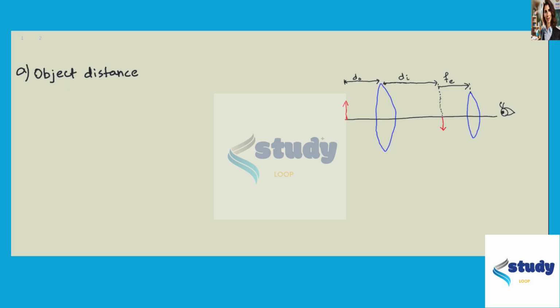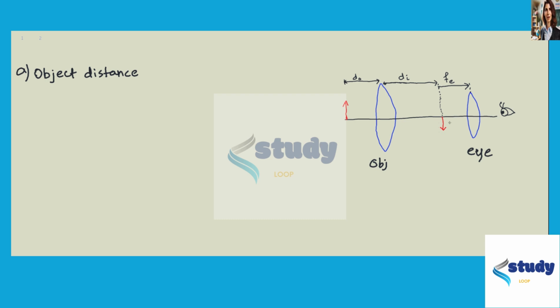Okay, so for a relaxed eye, we will consider that our final image is at infinity. If we look at this diagram, this is the object, and this object creates the image through this objective lens. So let's say this is our objective lens, and this is the eyepiece. Then this image